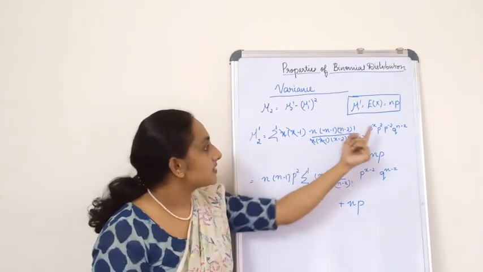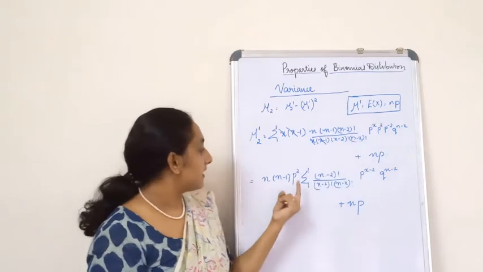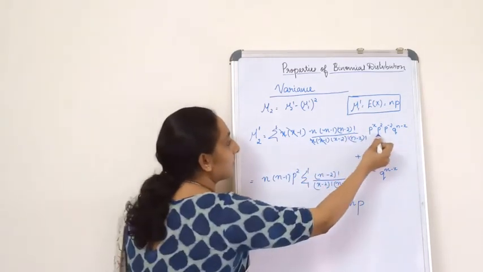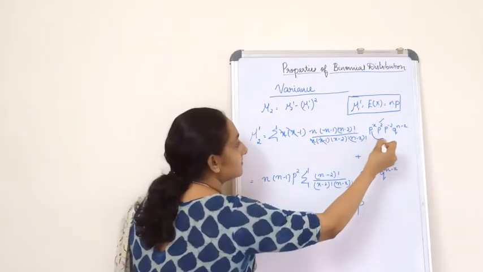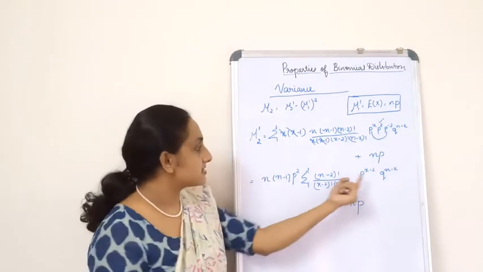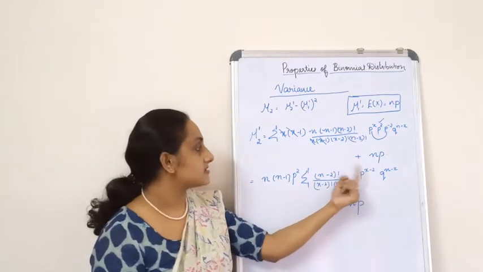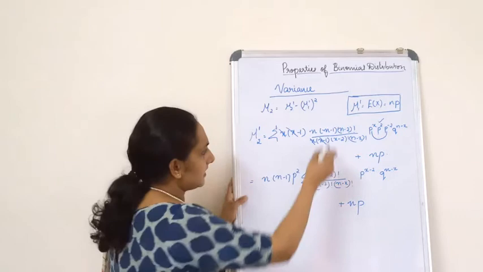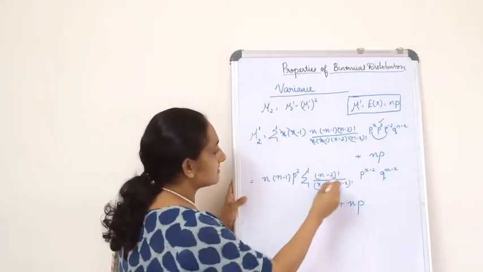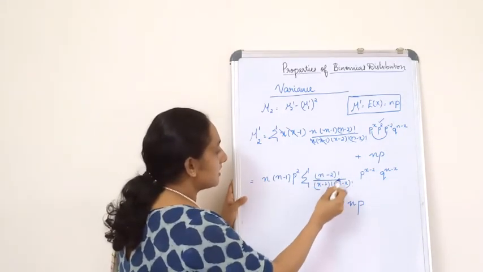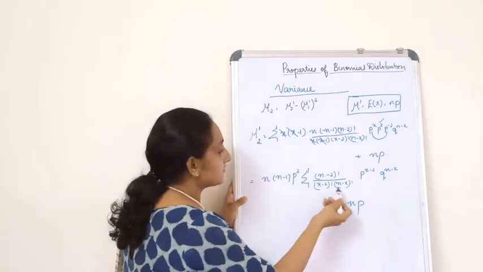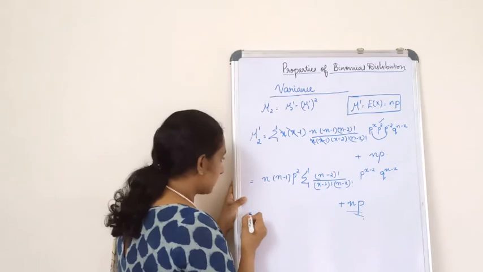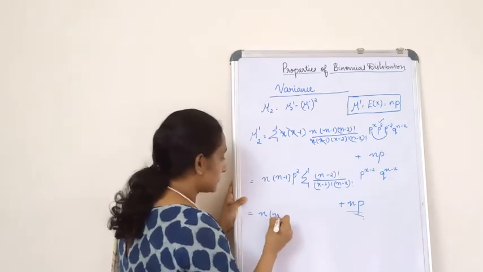I'm also going to take out this p square, and combine p raised to x and p raised to minus 2, so that I get p raised to x minus 2 multiplied by q raised to n minus x. Then I'm going to write down the remaining terms, that is n minus 2 factorial divided by x minus 2 factorial and n minus x factorial, plus np, which is equal to n into n minus 1